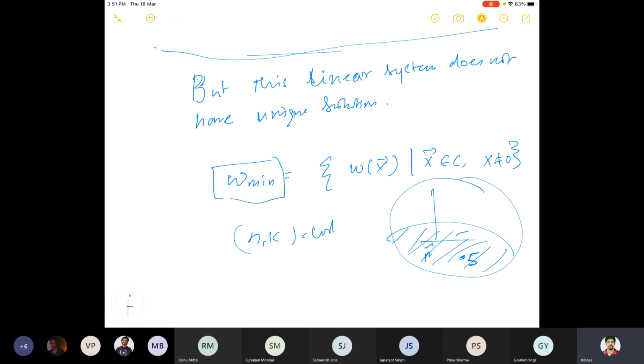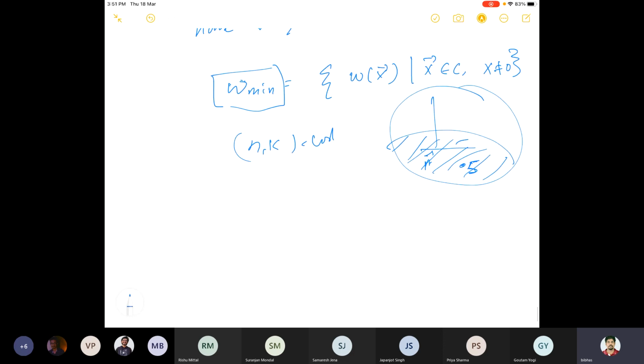Okay, so I'll give you a way to detect the value of the minimum weight of the code from the parity matrix H. Okay, so this is how it goes. This is a theorem, but it's a very simple theorem.